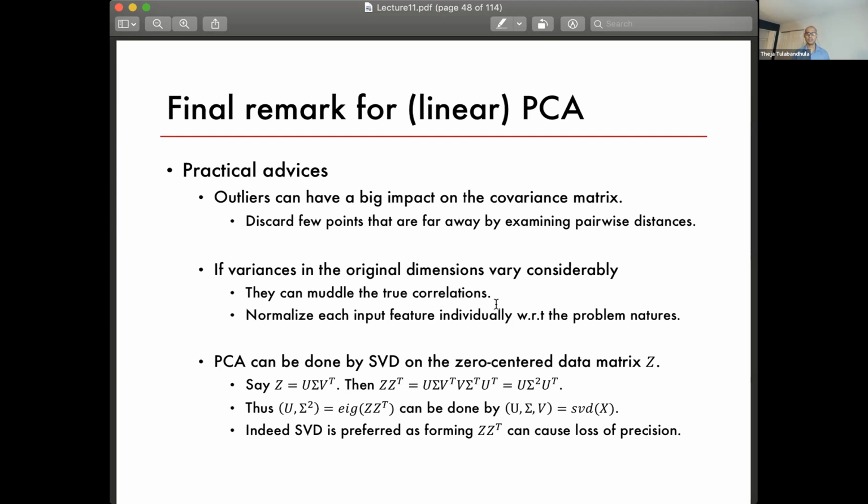Second thing is you should also deal with different coordinates. Different attributes of your original data can have different dimensions, and if you change the dimension, you can increase or decrease the absolute magnitude. And so of course, they will influence the results of your estimation. So to deal with that, you can normalize each input